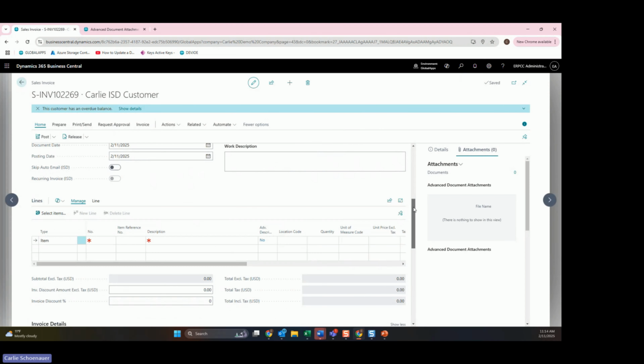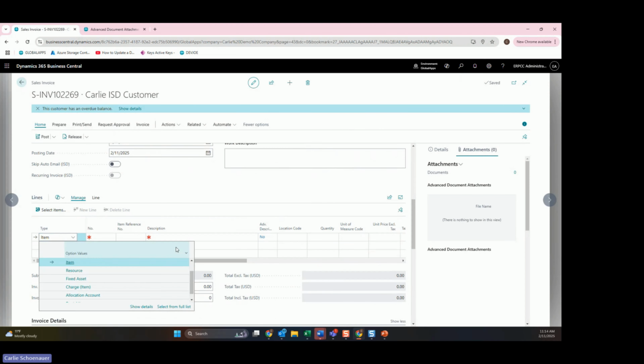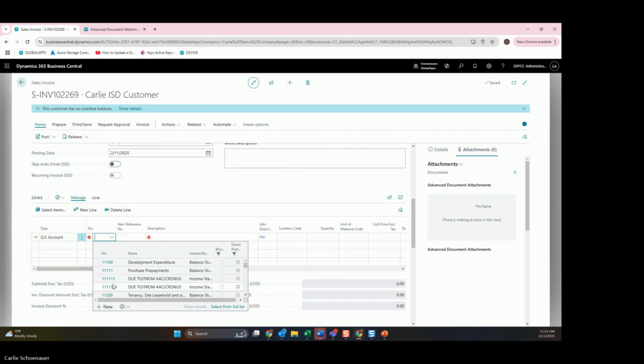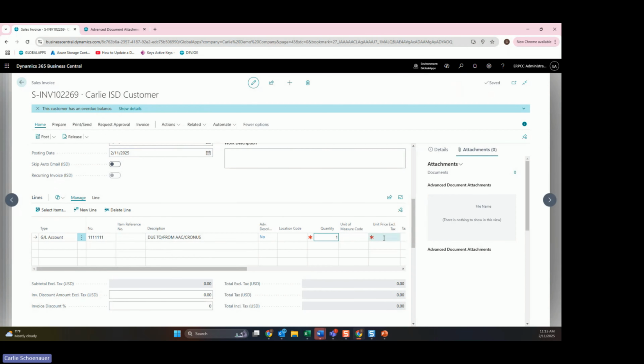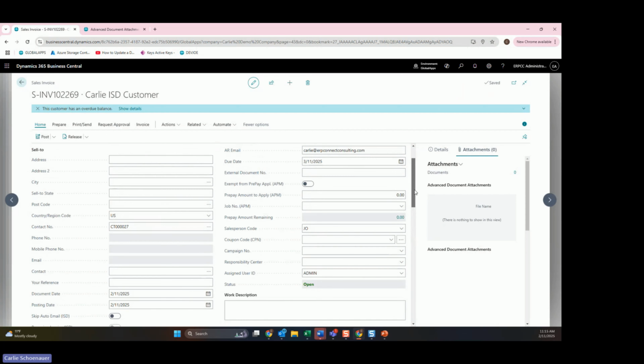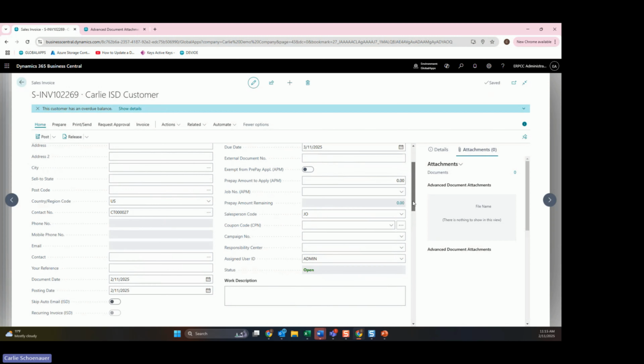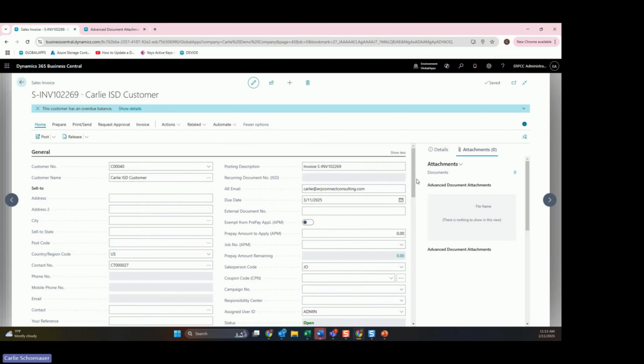Creating this as normal. Just hit a GL account here. Okay, I don't really care which account I'm hitting right now, but let's do this. Okay, so again, I have it set up right now, so it's going to email upon posting, right? So if I hit post right now, I would expect it to go directly to the customer right then and there. I want to show one other thing really quick before we do so, and that's going to be document